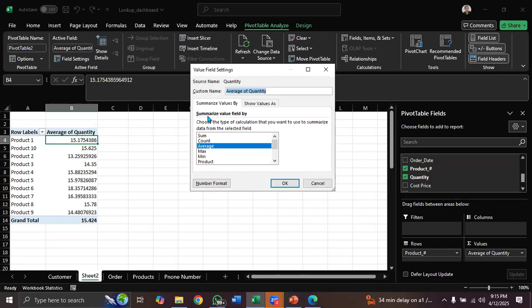You can see we're still seeing the summarize value by up here. So now we're trying to change the calculation. You can see it says choose the type of calculation that you want to use to summarize data from the selected field. So you can change your calculation from this particular one. It depends on what you're trying to get. There are two different things here. You're either trying to get the count of